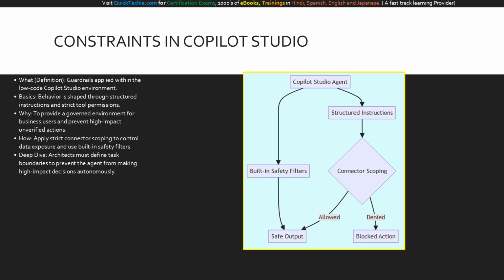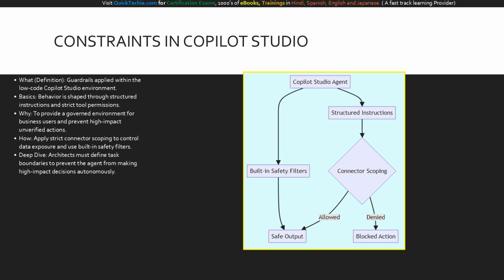At the top, we have the Copilot Studio agent. Its behavior is immediately routed through two primary defensive layers. First, it passes through structured instructions, which guide its logic into a connector scoping decision gate. If the data or action request is within the defined scope, it proceeds to the allowed path, resulting in a safe output. If it attempts to reach outside its bounds, it is diverted to the denied path, resulting in a